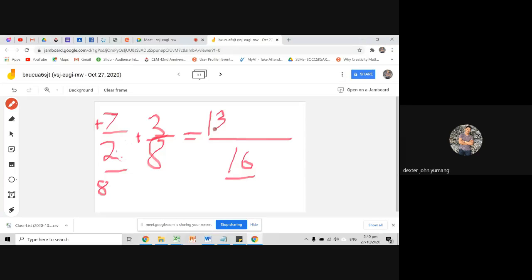Yan po. Next, 16 divided by 8. Ilan po? 2. Yan. Tapos, itong 2, i-add nyo kay 3. 2 plus 3 is 5. Ano po ang symbol na ginamit? Plus po dito, plus. So, therefore, plus din po ang ilalagay dyan. So, 13 plus 5 is